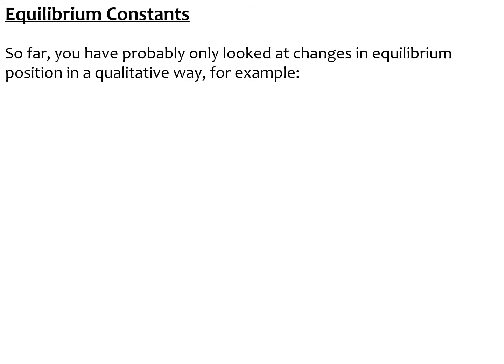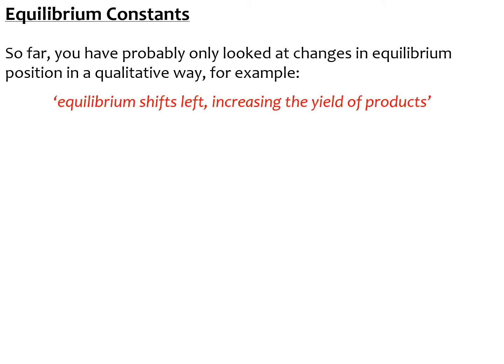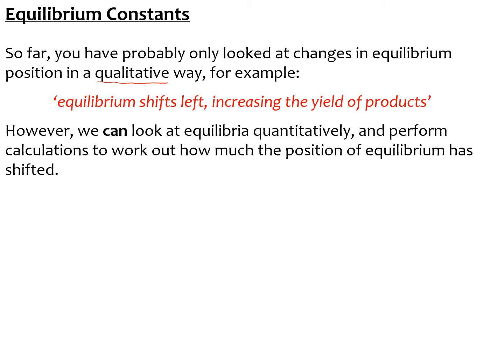So far, you've probably only looked at changes in equilibrium position in a qualitative way. For example, equilibrium shifts left, increasing the yield of products. Qualitative means without numbers. So statements talking about movement of quantities without actually using quantities. However, we can look at equilibria quantitatively using numbers and perform calculations to work out how much the position of